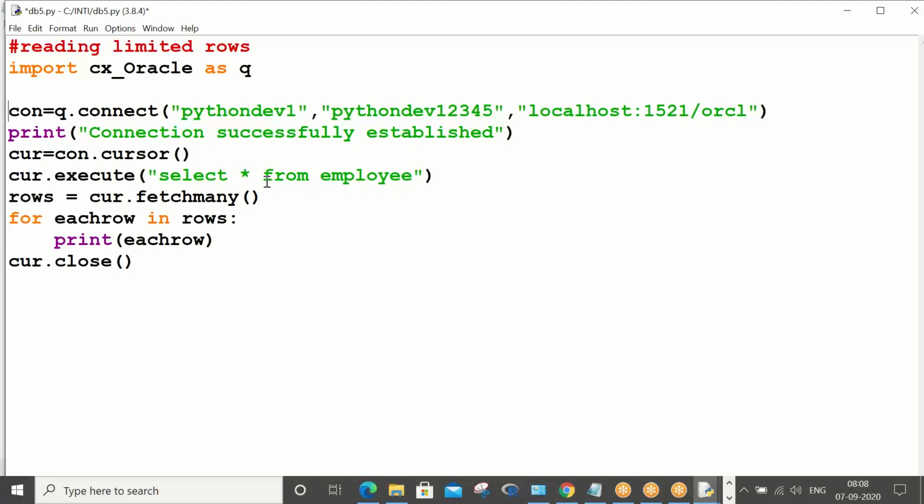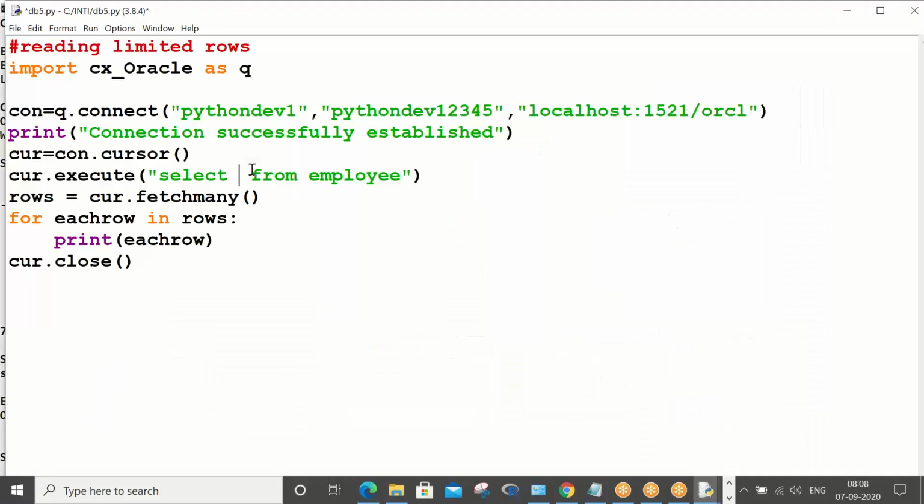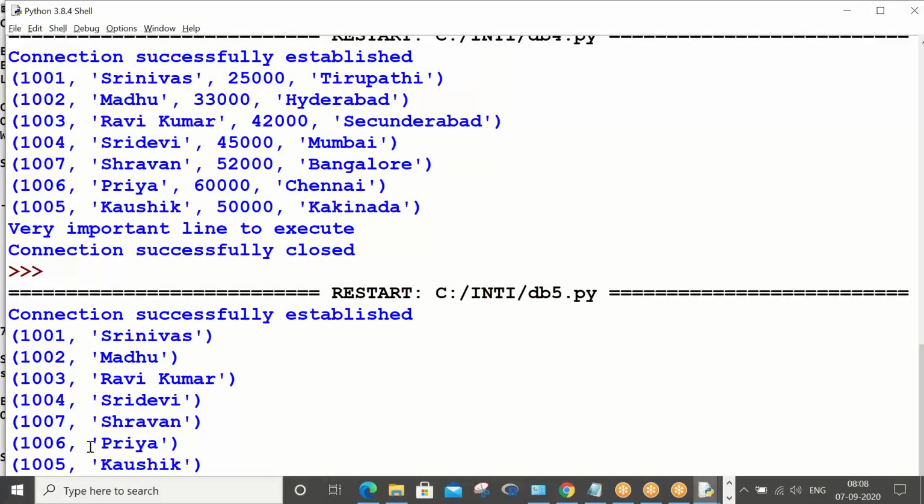So what you can do is, if you would like to read, instead of the full table, only the column content, EID and ename. If I would like to read EID and ename only, limited rows and limited columns, right? So you see, rows contains now all rows. Now let me try to close the connection. Control S, F5. So you see, specific data only you can bring out.